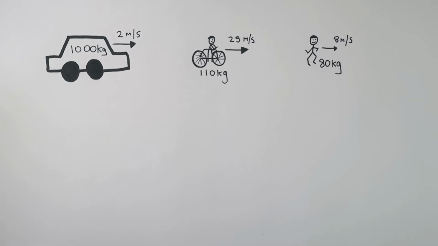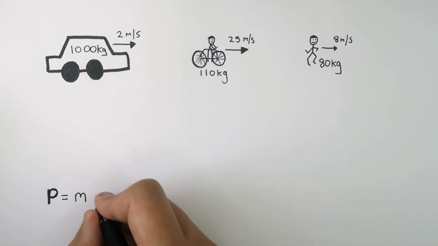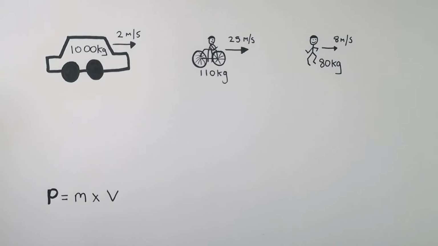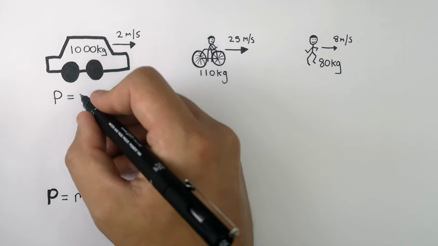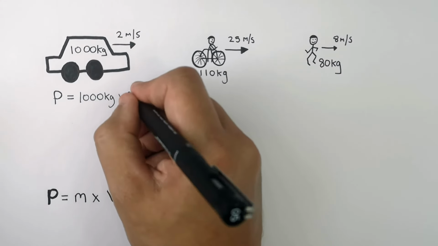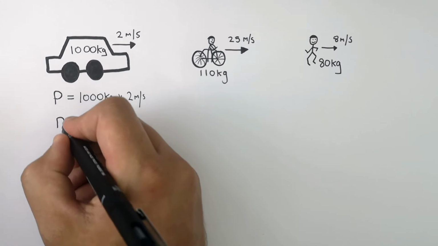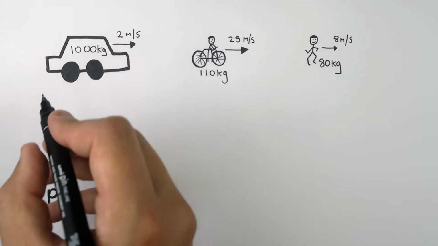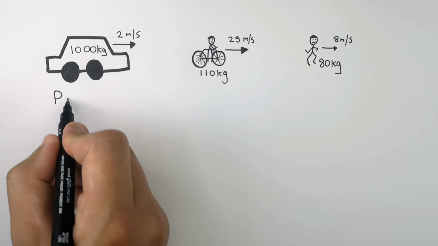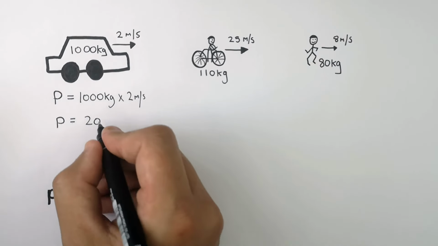So to work out the momentum of an object, you must recall the equation P equals m times v. Momentum equals mass times velocity. So the mass of this car is 1,000 kilograms. It's moving with a velocity of 2 meters per second. So it's driving along at pretty much walking pace. To work out its momentum P, you do P equals 1,000 times 2, which gives you a momentum of 2,000